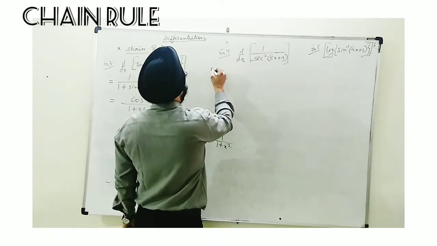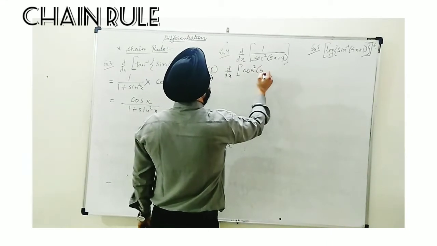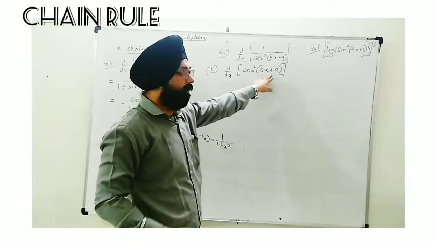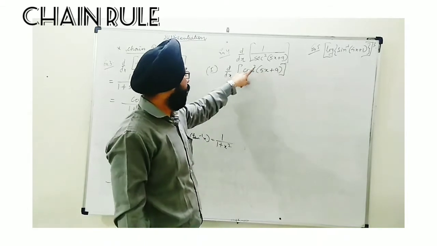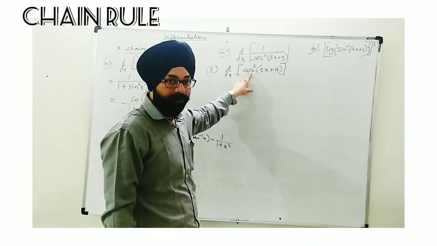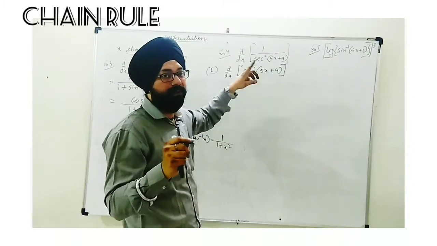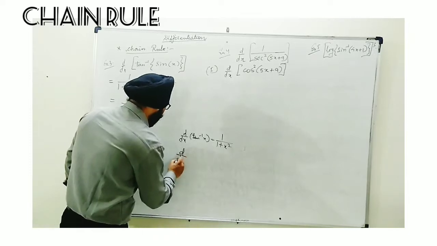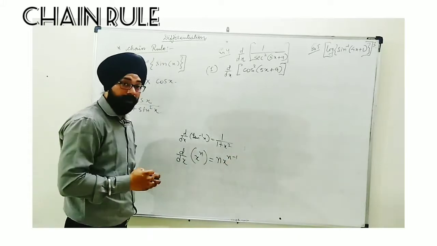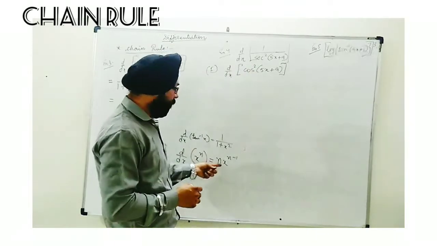If I write first thing d by dx of cos square 5x plus 9, I see there is involvement of cos function and this variable is replaced by 5x plus 9, but the power of cos is given. So what was the rule I said? Whenever there is some function to be operated, if its power is given, the power will be sorted out first using the rule d by dx of x to the power n is n x to the power n minus 1. Now by rule I know the outermost function is cos, but its power 2 is given. So first I will apply this rule.